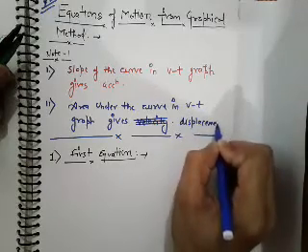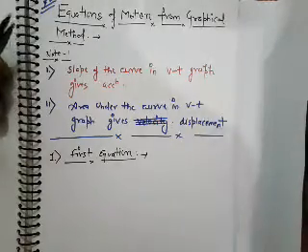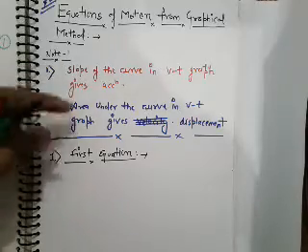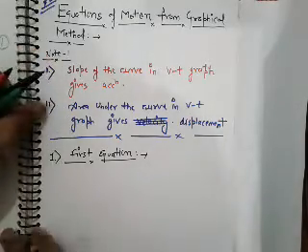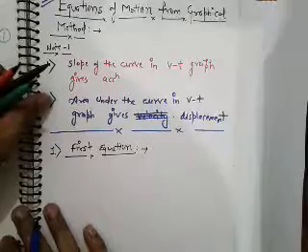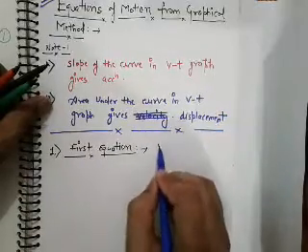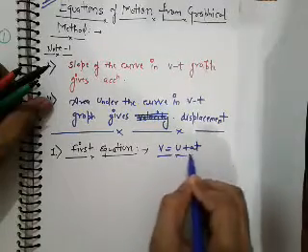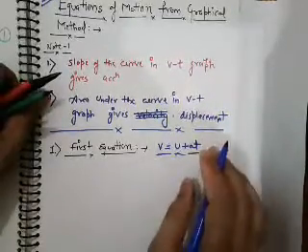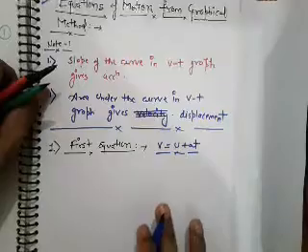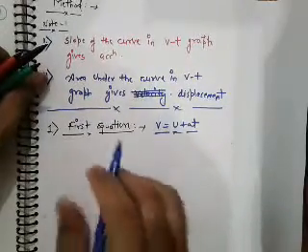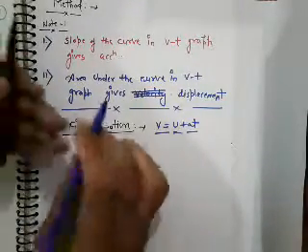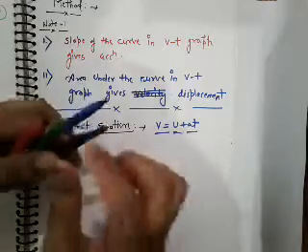So these are the two very important notes. We are going to use these in the derivation. Okay, let's go further. The first equation is v is equal to u plus at. We have to derive this v is equal to u plus at, but with the help of a graph. Okay, so again the statement is the same, but I am going to write it again.